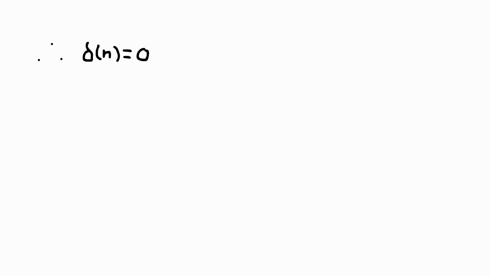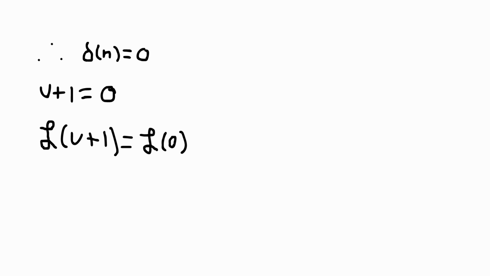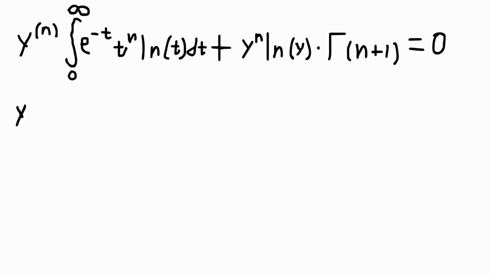This means that u plus 1 is equal to 0, and that the Laplace transformation of u plus 1 is equal to the Laplace transformation of 0, which is equal to 0. Since the Laplace transformation of u plus 1 equals gamma of n plus 1, gamma of n plus 1 is also equal to 0. Putting these values back into the original equation, we get that the nth derivative of y